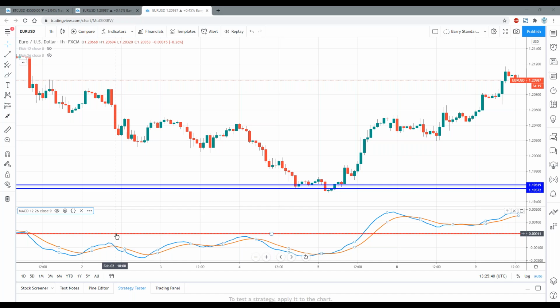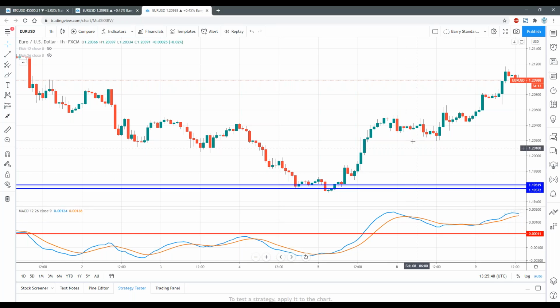And this is why MACD can whipsaw you in and out of trades quite often. Like here, we get a buy signal. Well, price moved up here to buy, but then we get the crossover and a sell signal. And then we got another buy signal. Well, this buy signal happened to be very good, and you got a large move here.